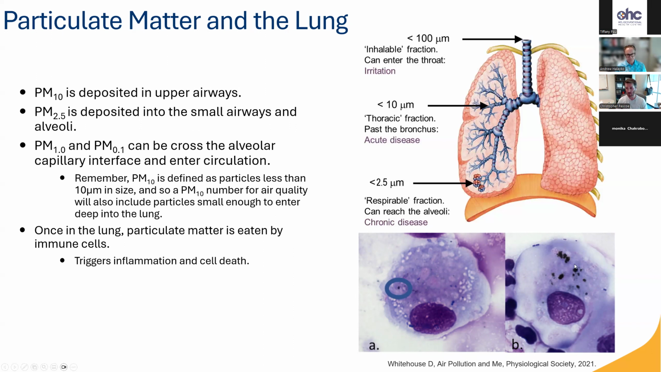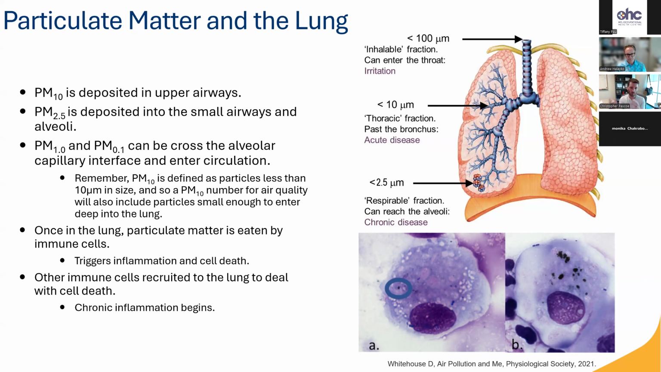and it triggers them to release a bunch of mediators that cause inflammation and worsen disease. And eventually these cells will die because they can't handle the burden. And when they die, they recruit more immune cells in to deal with that. And so it's really this chronic exposure that becomes a problem, where you get this chronic inflammation and the worsening